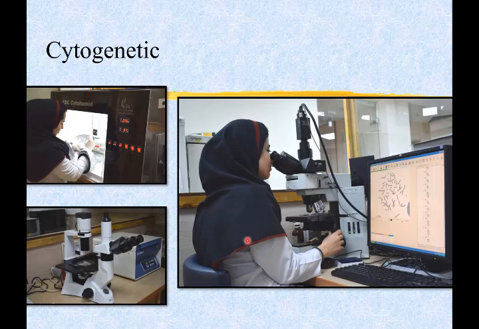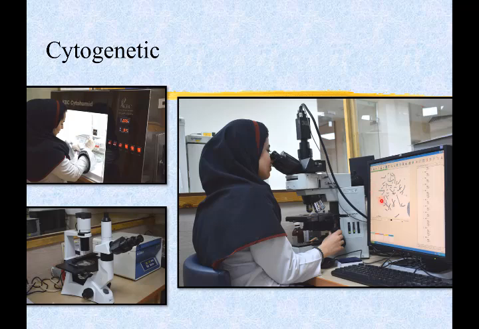Once we have harvested the cells and gone through the protocol of G banding, Giemsa banding, then we can do the analysis on automated analyzers under the microscope, where the software will give you the picture of the metaphase, and automatically line up all the chromosomes from 1 to 22 and X or Y,